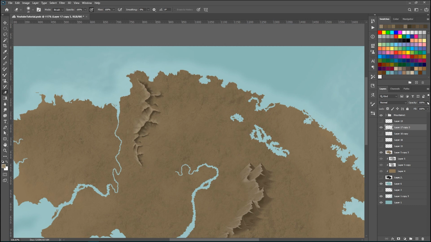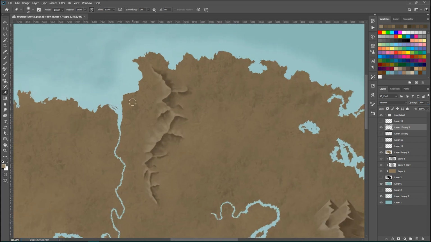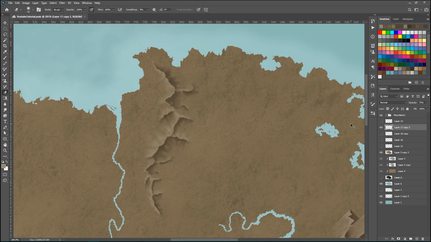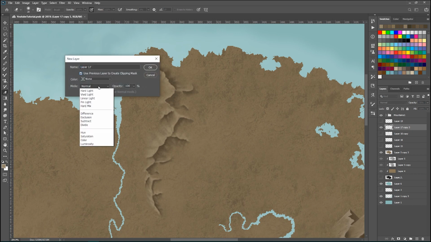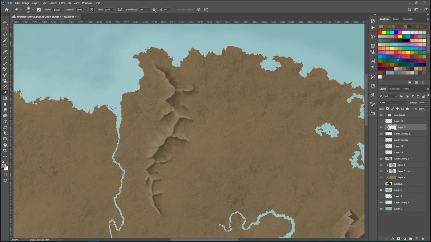And we can now lower down our opacity a little bit if we want it to blend in a little bit more. Maybe 75. If we want to change the color in any way, or maybe even the saturation, we can just go into a layer such as that, and perhaps we wanted the top to be a little bit more gray. You can come in and